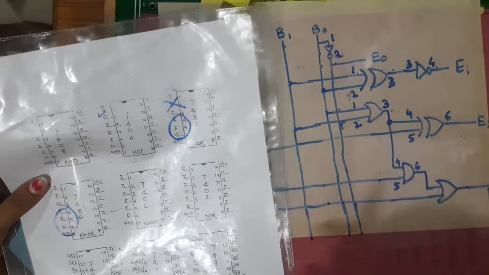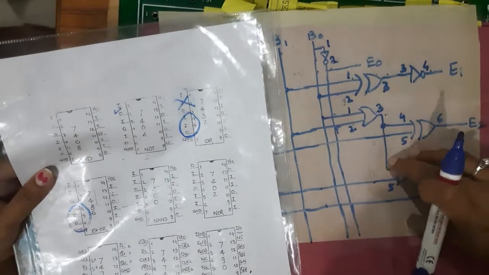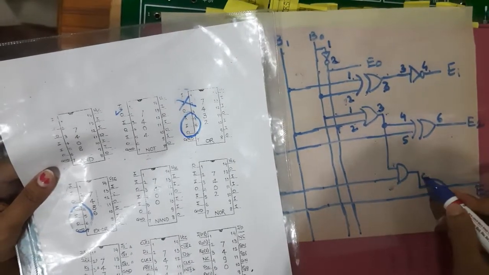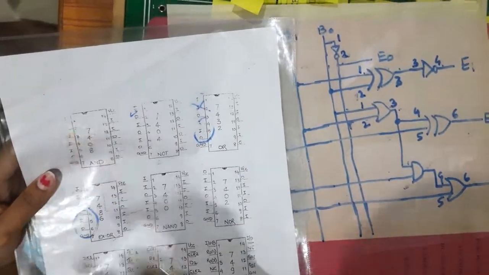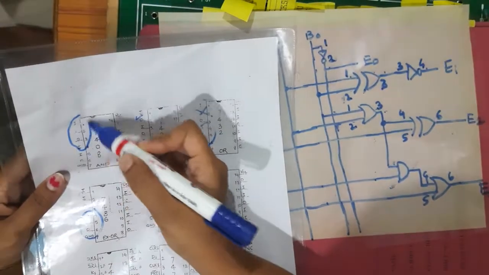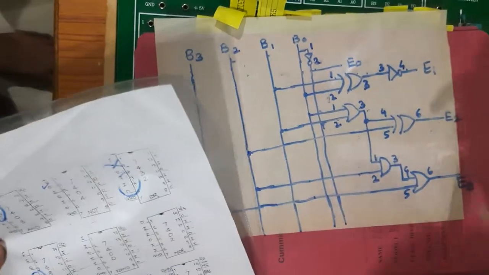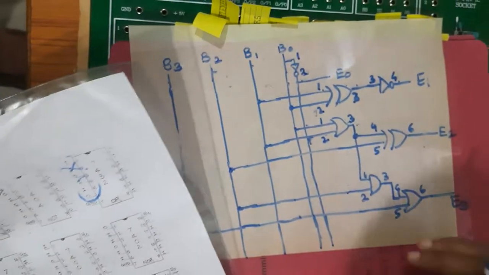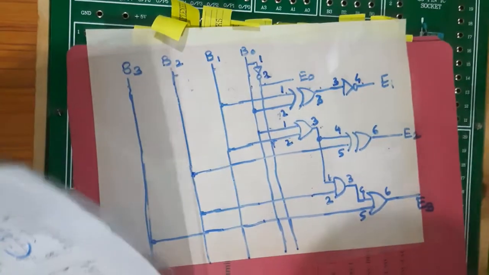Next, I'll need one OR gate. Sorry, this is the AND gate. So the 4, 5 and 6 are here for the OR gate. Now the next part remaining is an AND gate. Here 7408 is an AND gate. Again here I can use the first part, 1, 2 and 3. This way I should find out the pin numbers by referring to these charts, and by referring to the circuit design mapped with the pin numbers, it will be easy for me to build the actual circuit.